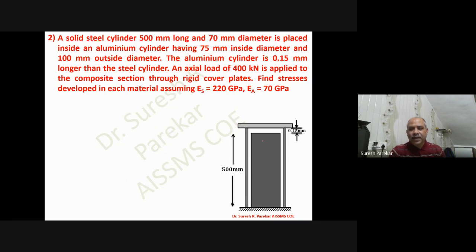So what will happen? Whatever load we apply, 400 kilonewton, first the load is used to bridge this gap, and after that the load will be carried by both aluminum and steel. Before that, only aluminum takes the load, and it will reduce by 0.15 millimeter. Then your rigid bar will be at this level, and then the load will be taken by both at a time. So now first we will find what value of load we require to bridge this gap,